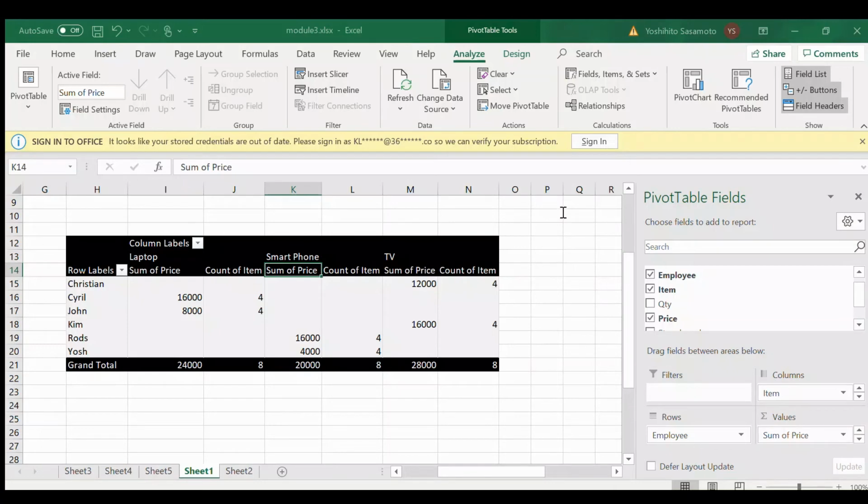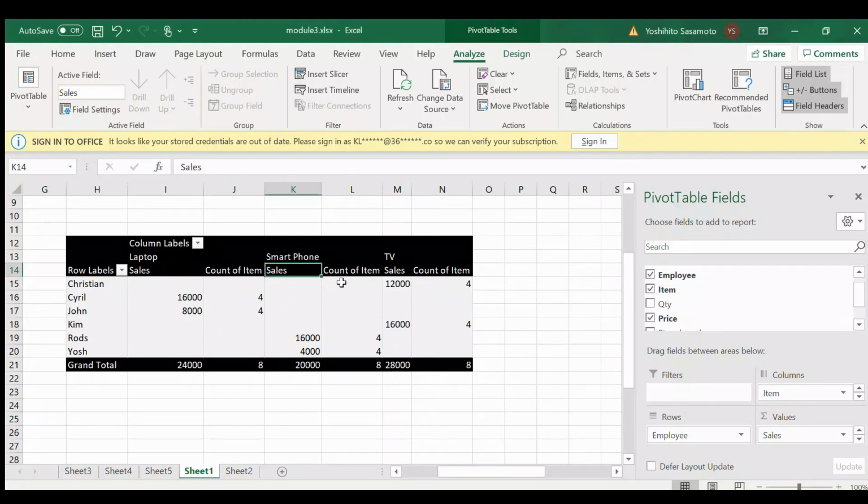So here, in custom names, you can just put sales and then count. Is that correct? Okay, then it will replace it with sales. And then for example you want this to have a dollar sign, so you can also click here, value field settings, and then number format, currency, so you can choose the symbol, for example